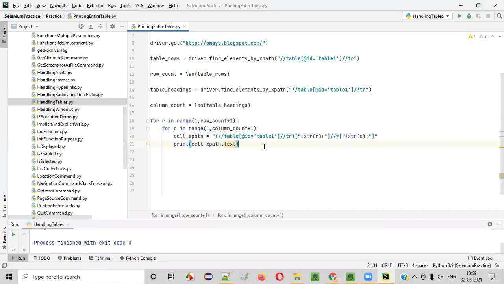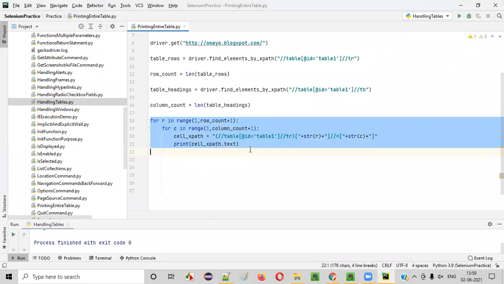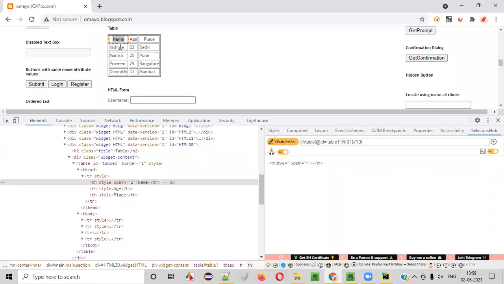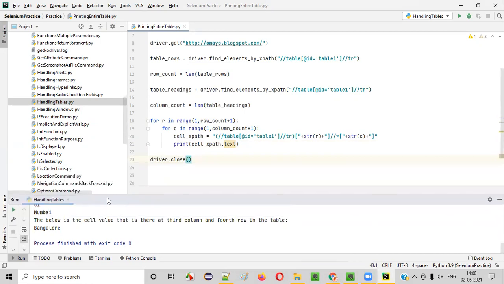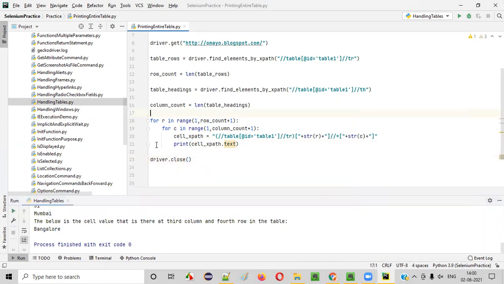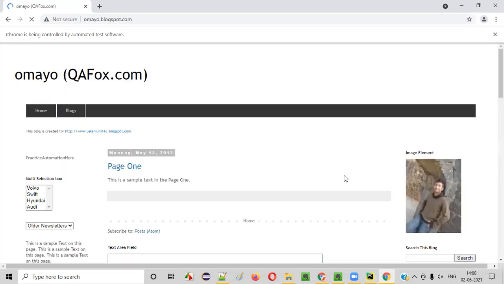Fine. Then if I print as it is, guys, it will not print in a table format. This particular logic will not print the values in the table format, rather one by one it will print. I'll show you what will happen here. After this, if I say driver dot close here, you will understand, based on the output, what will be printed. So run this. The complete table values will be printed, but in a sequential order, not in the tabular format.